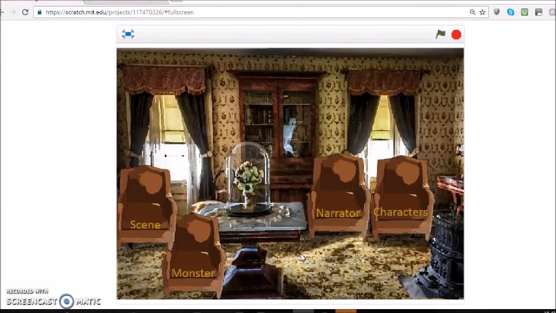So the narrator is kind of the director of the story, bringing it about, and everyone else is feeding in their parts to it. So use it as you like, have fun,